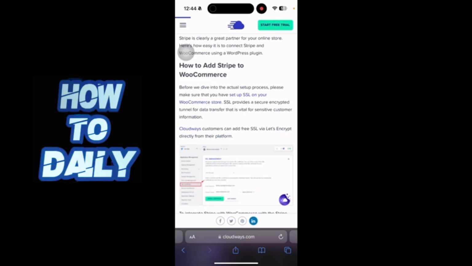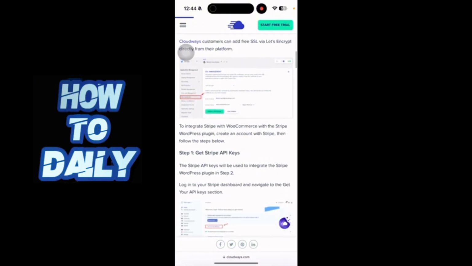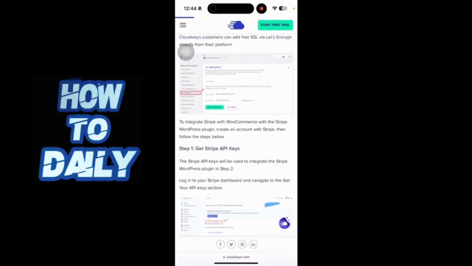SSL provides a secure encrypted tunnel for data transfer that is vital for sensitive customer information. Cloudways customers can add free SSL via Let's Encrypt directly from their platform. So if you're using Cloudways, you can just add it directly. So to integrate Stripe with WooCommerce with the Stripe WordPress plugin, create an account with Stripe and then follow the steps